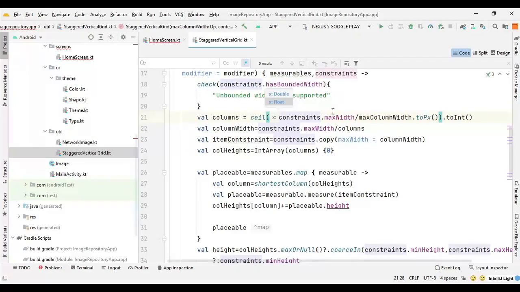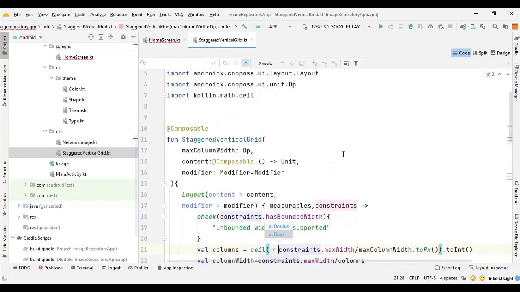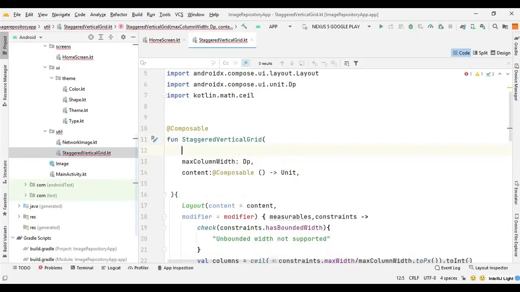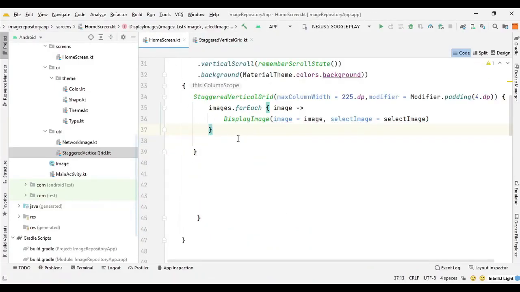So I forgot that one, and I think we need to provide this modifier first hand before anything else. That is the reason I think it's not working. So let's do that, and yeah, now it's working. So that's it for the home screen, and in the next section we will be building our view model.